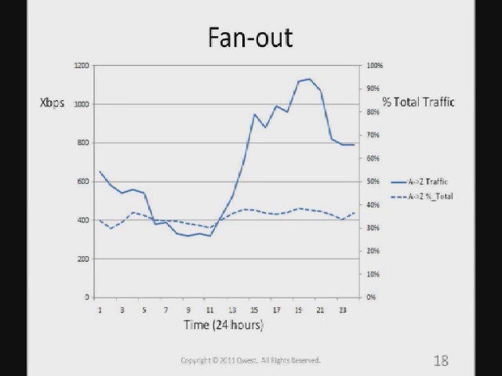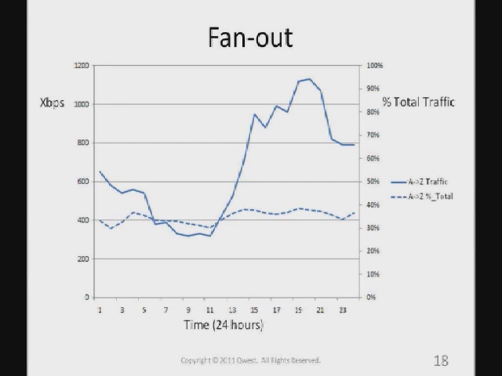The second study that I want to drill into a little bit is this concept of fan-out, and that is actually something that we discovered here at NANOG a few times back. So the idea behind this chart is that on the x-axis we have a 24-hour period. And what we've graphed here is a single flow from one interface out to some point in our network. And the solid line represents the usual traffic flow that you see. You have the nighttime valley and the daytime peak, and that's all fine and well and expected.